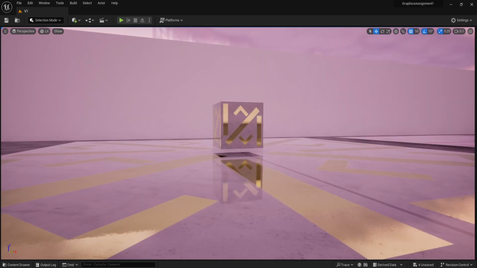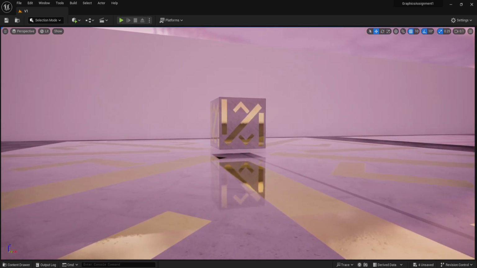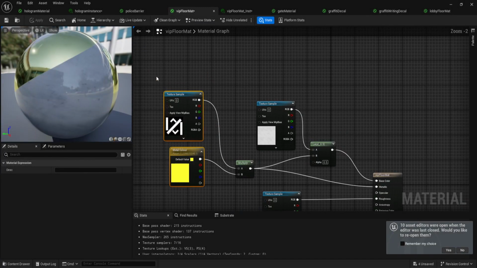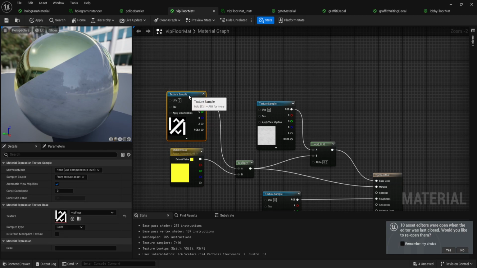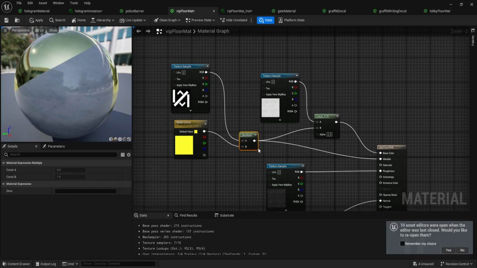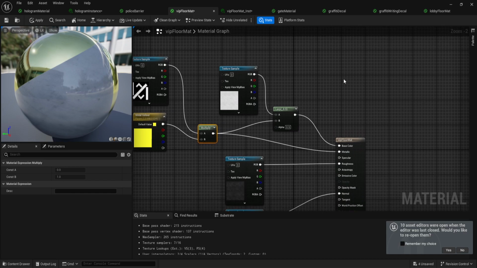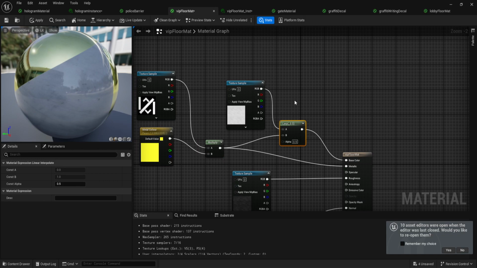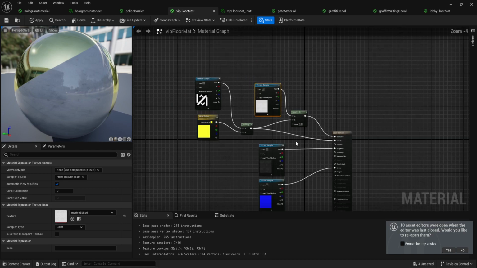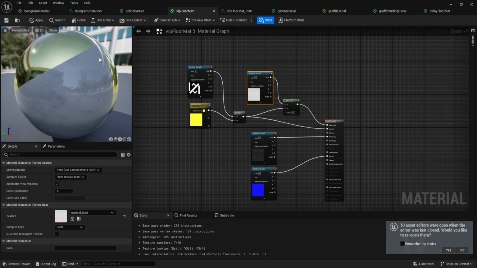And then for my next material, I created a VIP type floor material, and I created a simple texture and fused it with a color parameter with this multiply node right here. And then I also fused it with a lerp node with this marble type texture that I got from a free PBR textures website,